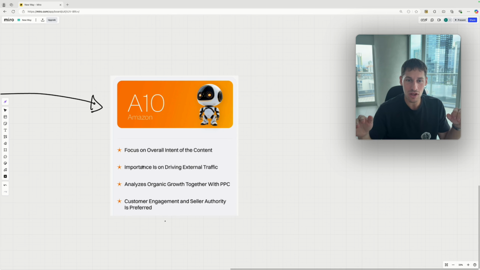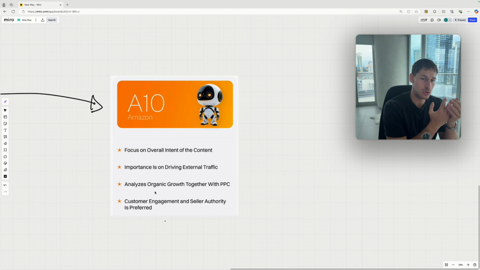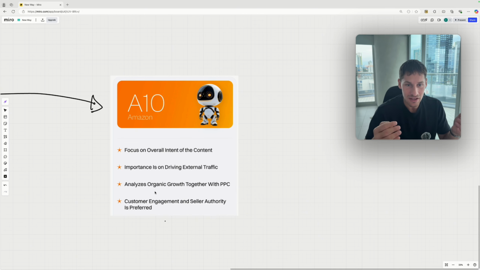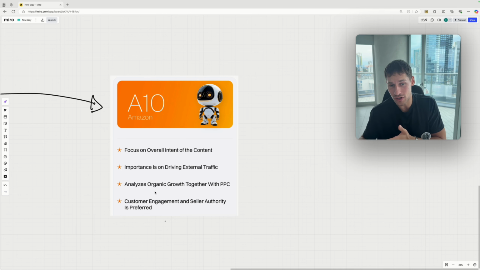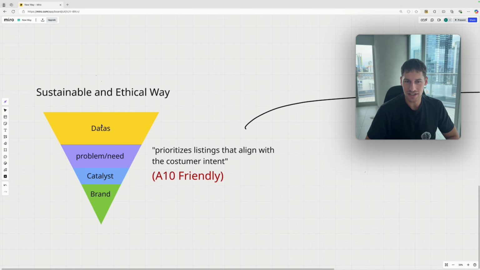It becomes 10 times, 20 times easier than just copy-pasting someone's keyword, or even just using keywords in general. And then you're going to have organic growth, just because your solution becomes more popular and you get more customers buying into it. So Amazon thinks, okay, this new solution works, this is what people are craving, and they start showing it more, even organically. So you really need to print out this scheme and put it as a wallpaper on your phone, everywhere. This is your new north when it comes to Amazon KDP publishing.